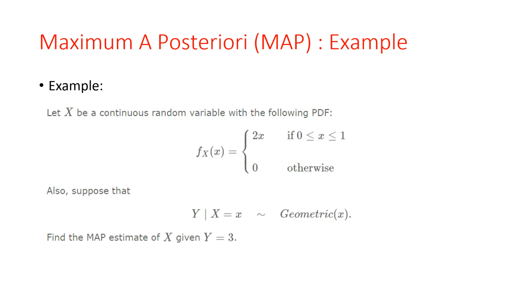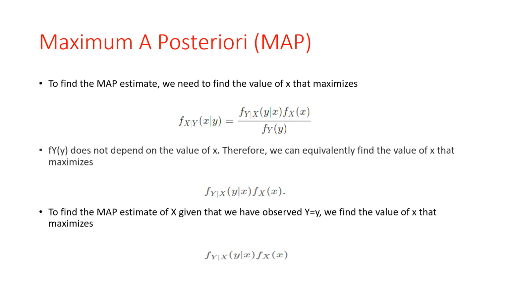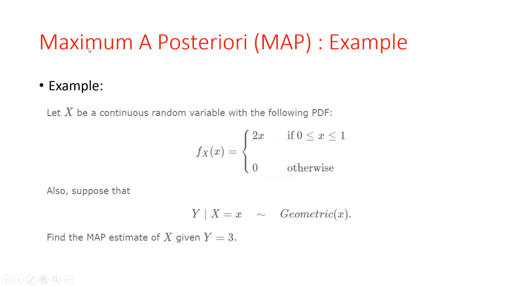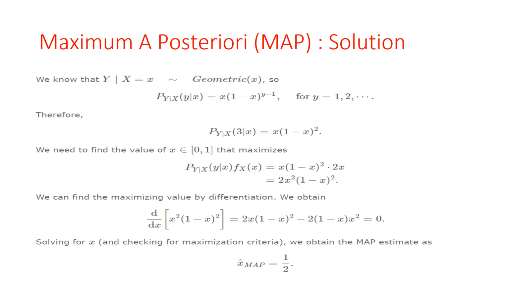So in this case, if we have y equal to 3, what is our MAP estimation here? So the solution is what? We know y given x, the given condition in the problem, is geometric of x. So probability of y given x is equal to x into (1 minus x) whole square, y minus 1, for y equal to 1, 2, 3 and so on. Therefore probability of y given x